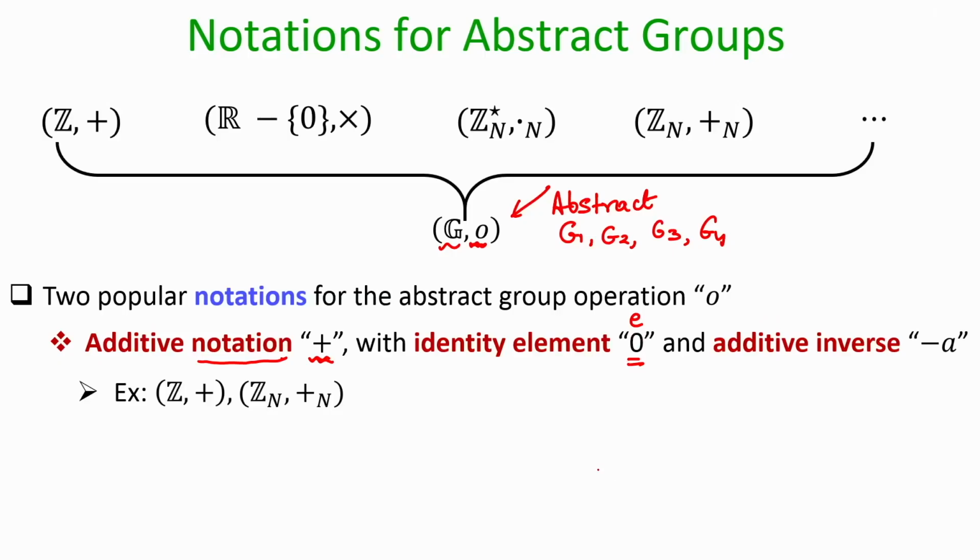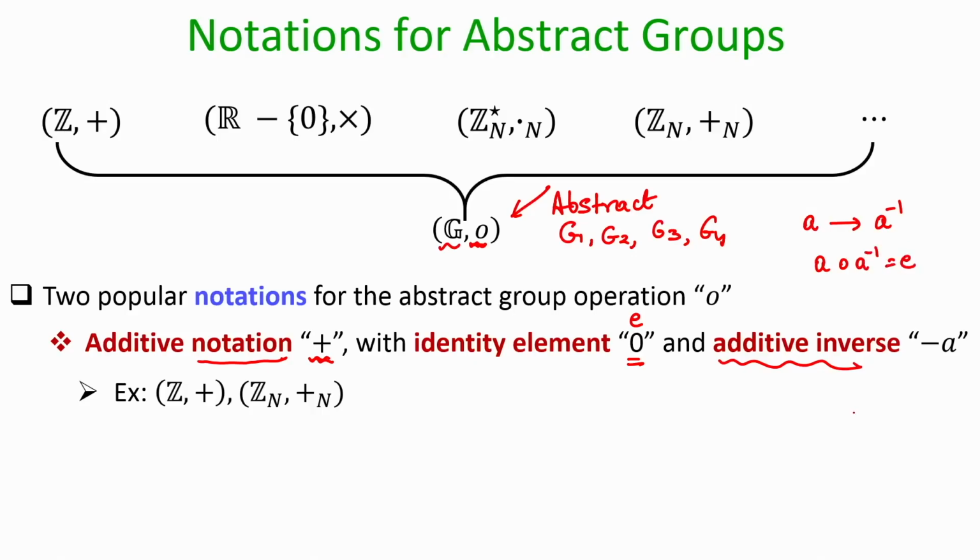it is just a representation for the identity element of my group. If you do not want to bring the plus and 0, that is fine, you can just stick to your operation O itself and you can use E as your identity element. But sometimes, since we are very much habituated to plus and 0, that is why sometimes we find it convenient to use the notation plus and 0 for the identity element. And if we stick to this additive notation, then for the inverse of an element A you will have a corresponding A power minus 1 such that A operation A inverse is your identity element.